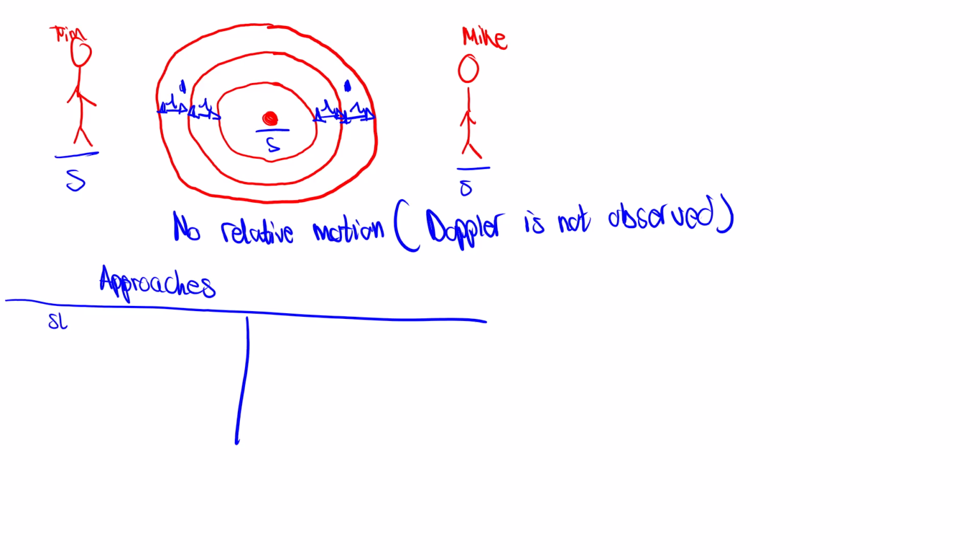On this side I'm going to have a stationary source, right? I obviously know that when my source is stationary, it means that the velocity of the source is equal to 0, right? This is approaches. And if my listener is stationary,